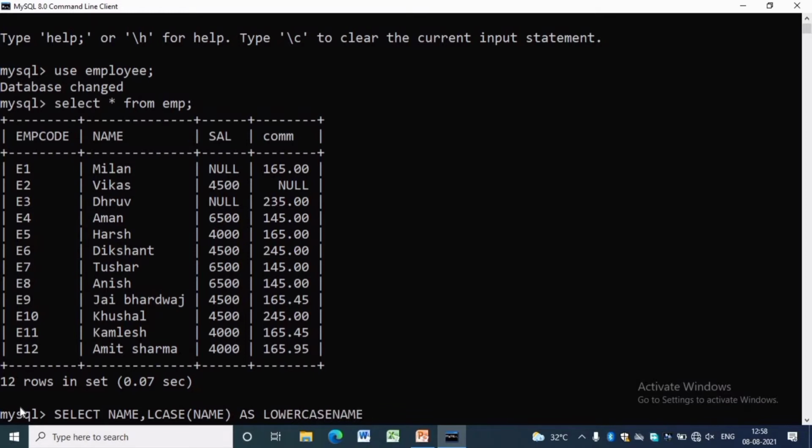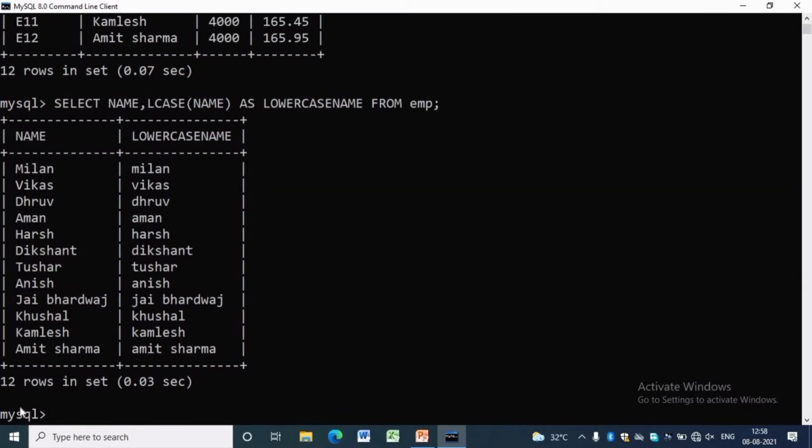Here we are using the alias name, lowercase name. You can see we have the names and lowercase names of all employees. You can see M is capital in name and in lowercase name it is small.